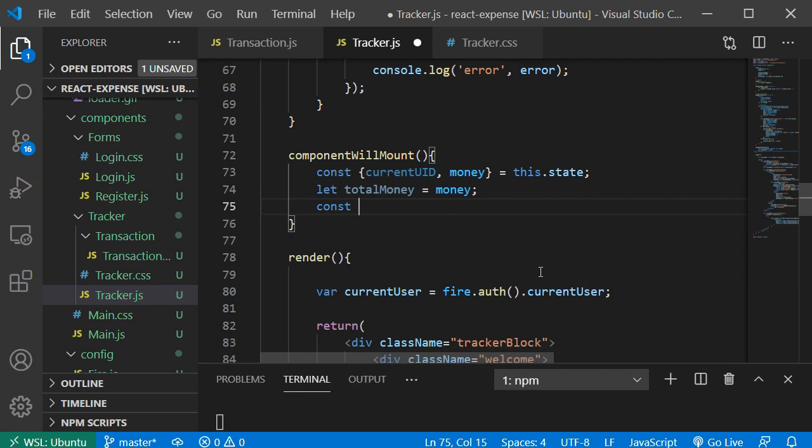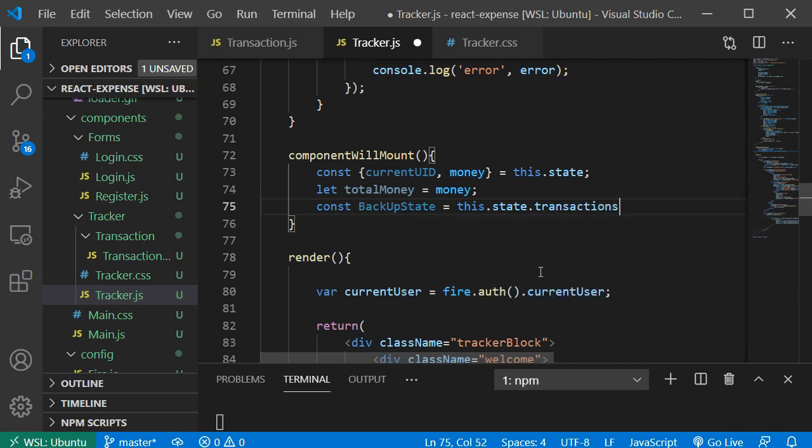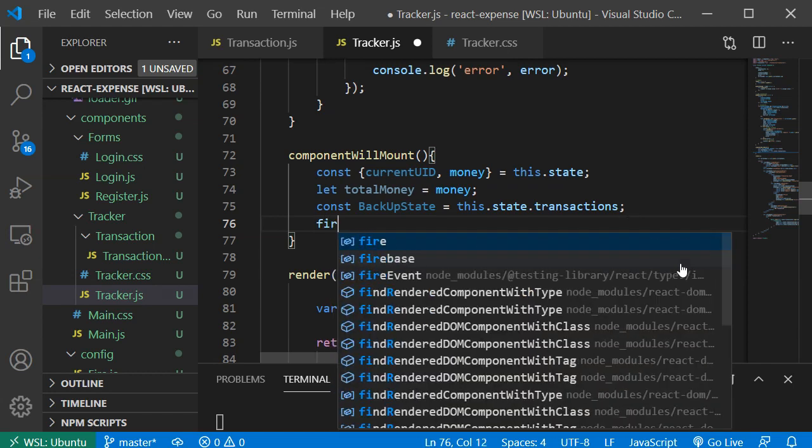And then we will have a const. We will get a backup of the state. So we have this state dot transactions. So we will assign all the transactions from the state, and then we will take a snapshot from the database, and we will assign everything we have in the database to this backup state, and then to the transactions. We will assign everything to the transaction state, and then after that it's going to get outputted on the screen. So to do that, let's do like this: